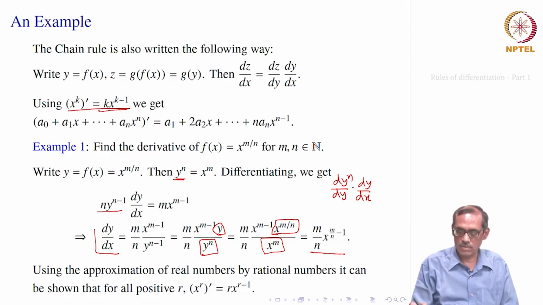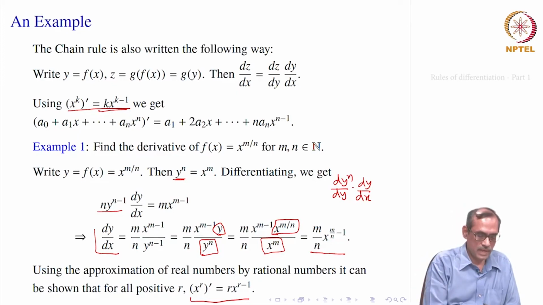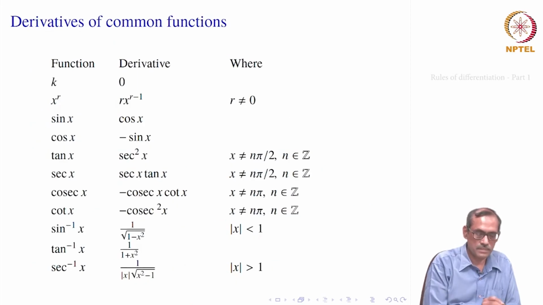If you take it to the reals, then you have to give some approximation of real numbers by the rationals, which will be using the completeness property. And finally, we would be getting x to the power r, derivative is r into x to the power r minus 1 for real numbers r, provided x is positive, because a negative number to the power of irrationals will not be defined. So, that is how it is almost the same formula that goes, r goes away, x to the power r minus 1. Okay. So, that is about the power function.